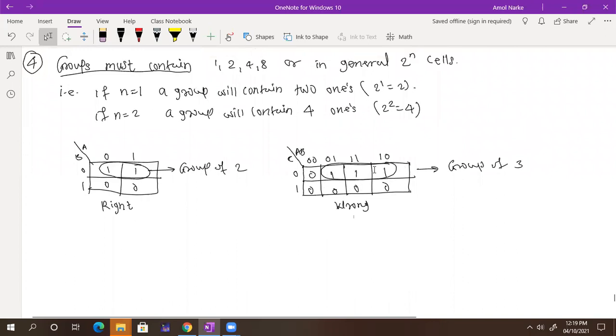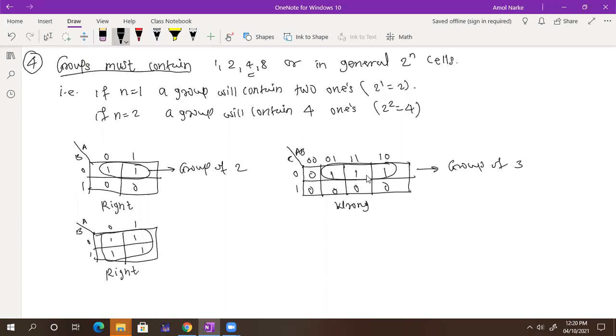Suppose you have an output like this and you want to select a group. You cannot select this group. You just select this group like that. This group is not valid. This is a wrong group. Your selection is wrong. You might have it like this also: everything is 1, 1, 1, 1, here 0, here 1, here 0, here 1, for A and B. So you can select all 4 as a group because a group of 4 is valid. And 0 won't come in the group, right? Yes, 0 will never come. That is what our first remark was. So this is right.